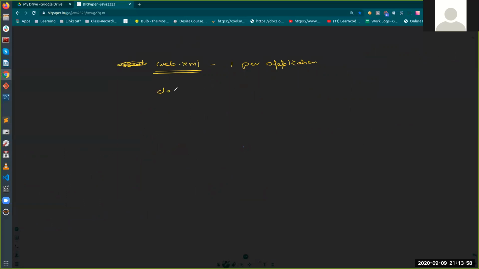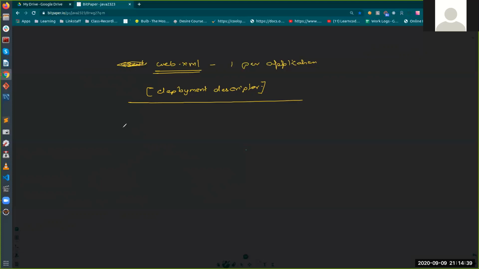This is called the deployment descriptor, right? So your web application will be deployed, and the server is going to read all the configurations from this web.xml file. Okay, so remember, this is called the deployment descriptor, a very important file. In case you do not keep this, then you would have to follow all the Java style of configurations. But at some times, in case you don't get a Java style configuration, you have to again rely back on the web.xml. Okay, so that is called a deployment descriptor.